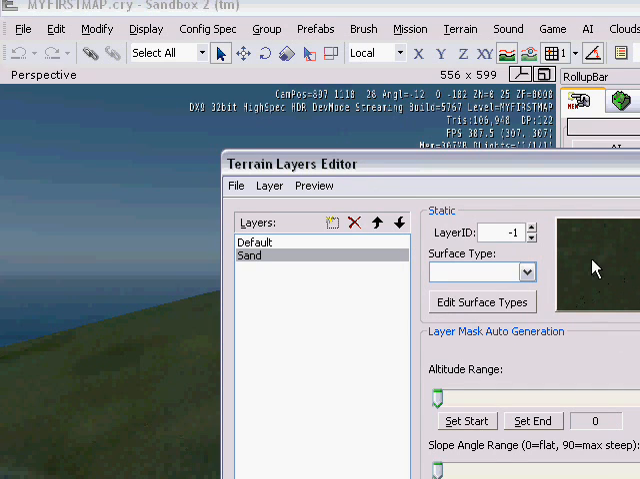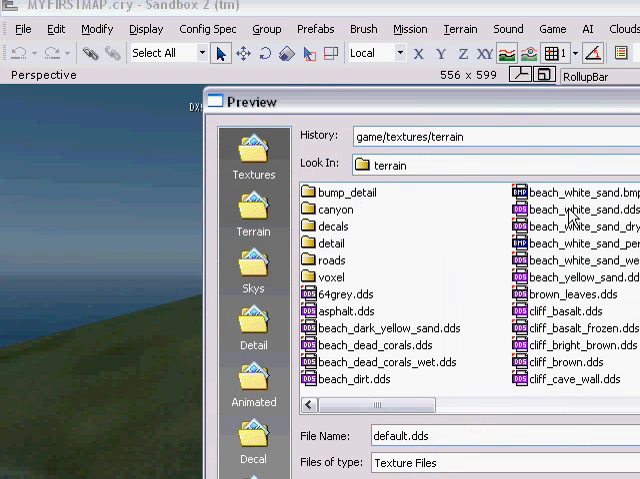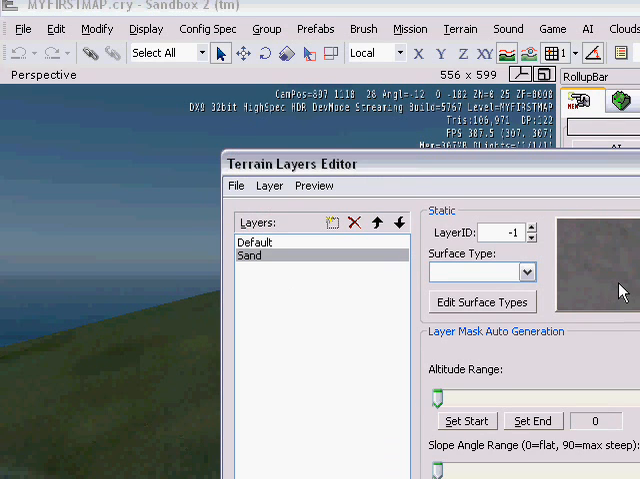Now we still have this box that is showing the default texture. We don't want that. We want to load a new one. So we want to load the beach white sand .dds, and now it changed, as you can see. Now we click OK,